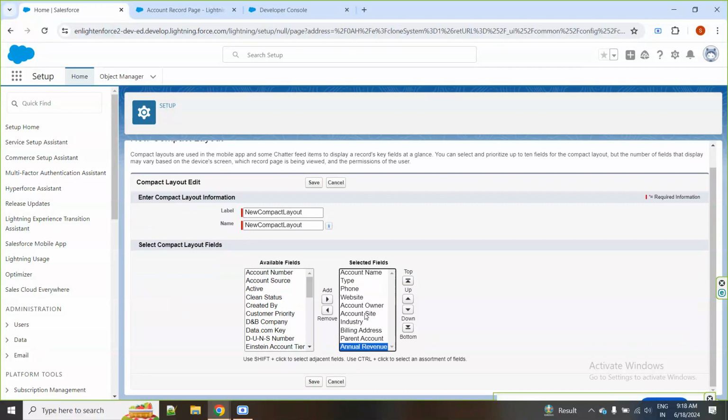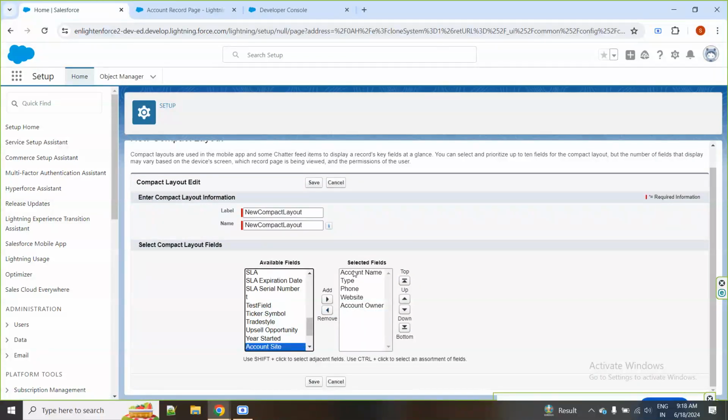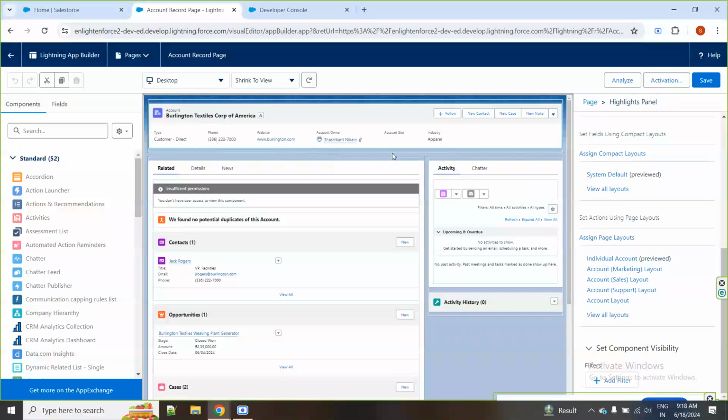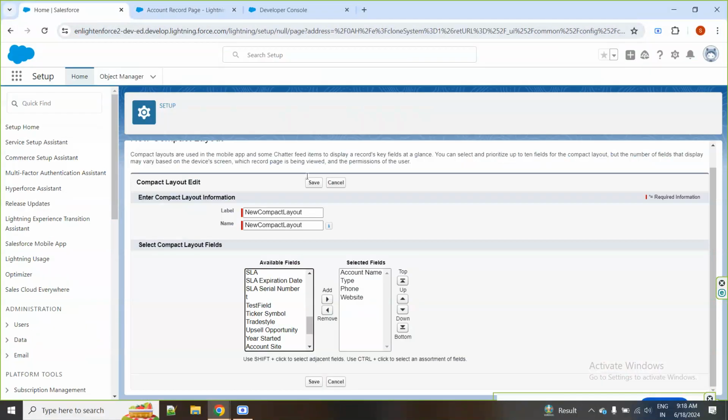I'll remove all the information: account owner, I don't want; account site, I'll remove; and industry. I'll just keep account number. Okay, save,